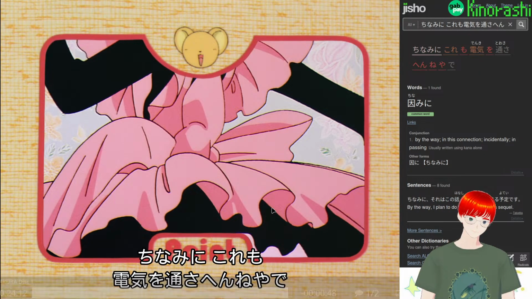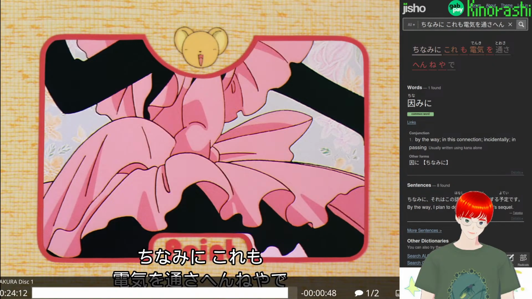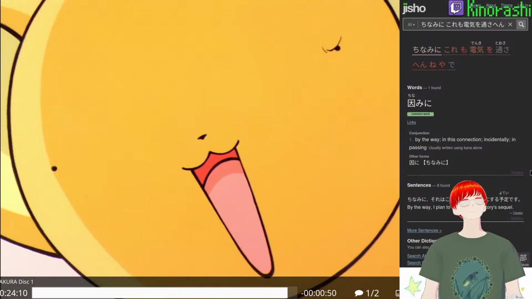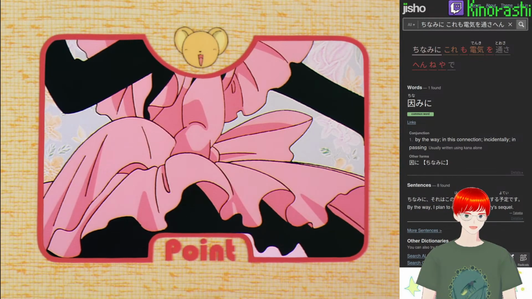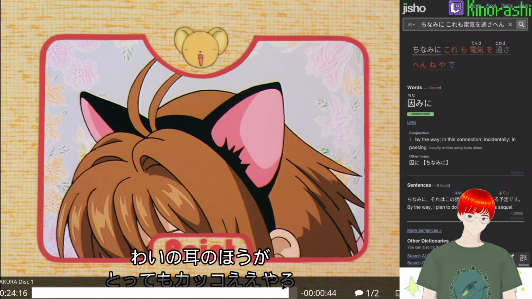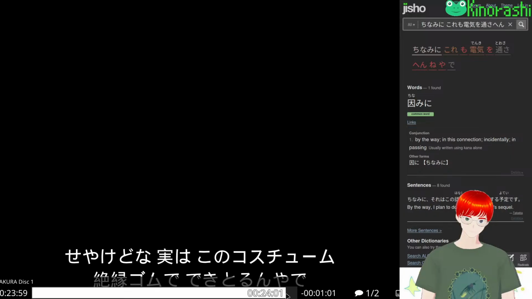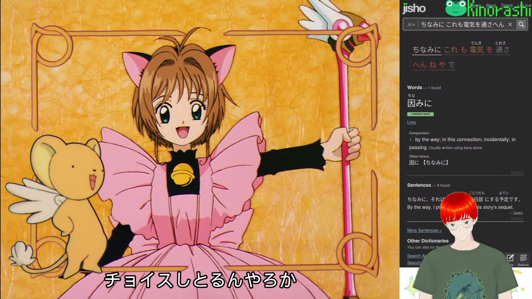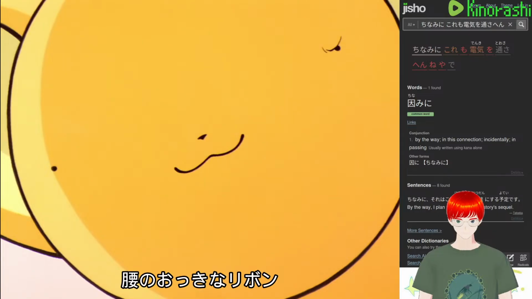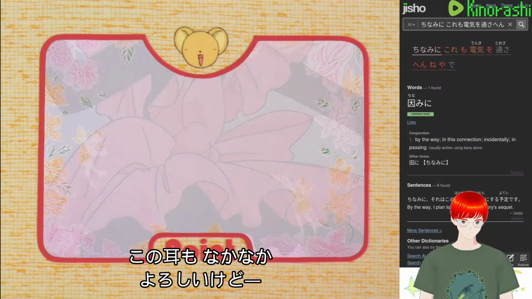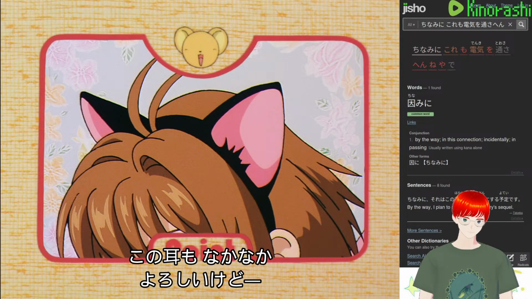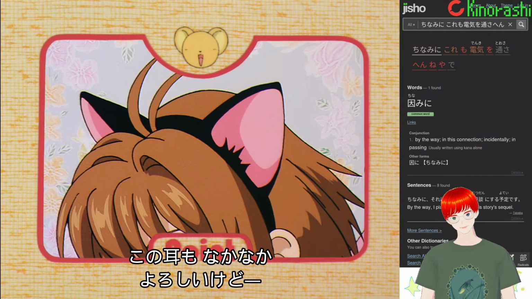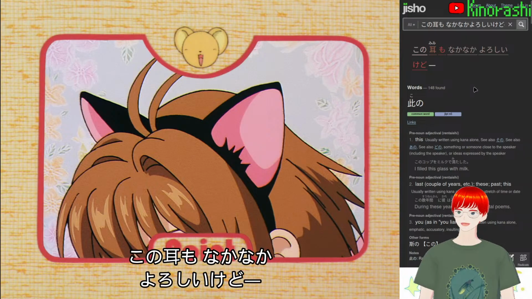So, incidentally, this also doesn't let electricity pass through. ケロちゃんチェック。腰の大きなリボン。ちなみにこれも電気を通さへんねやで。この耳もなかなかよろしいけどやろ。